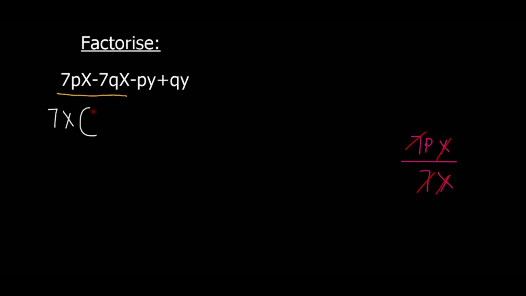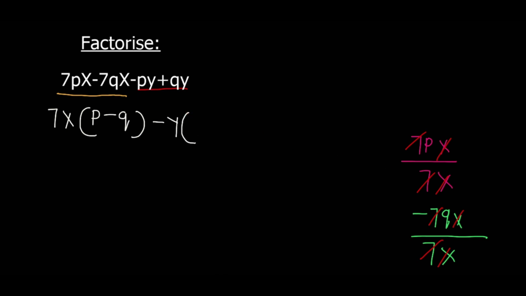This means Roshalaga p. And then Rajia this term minus 7qx divided by 7x. And then 7 and 7 cancel, Roshalaga negative. Then x and x cancel, Roshalaga q. This means Robali negative q. And then our last two terms. Our last two terms, we can see a common factor ya y. So Robali,